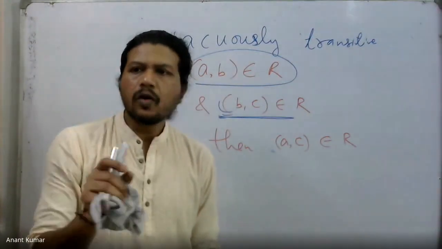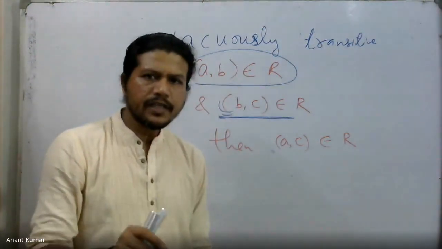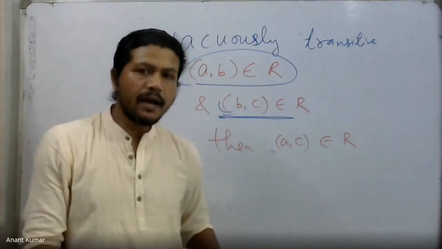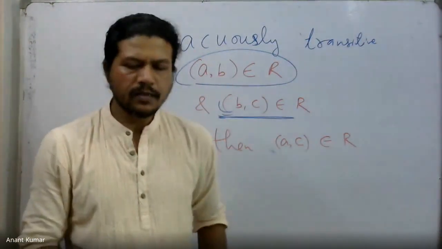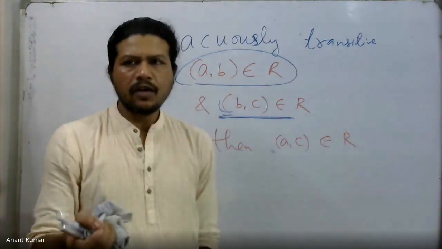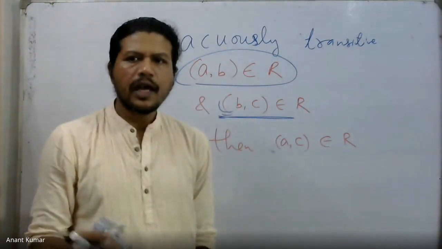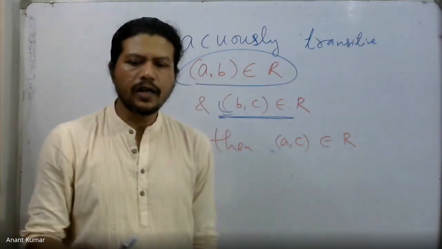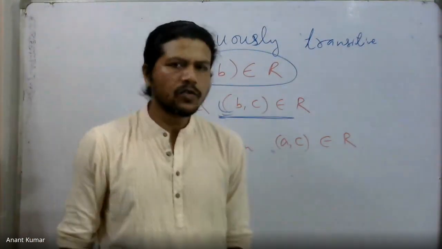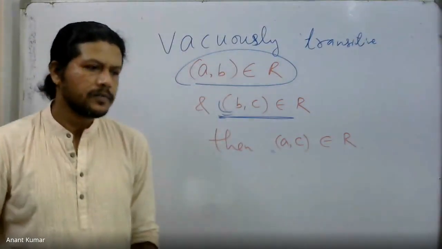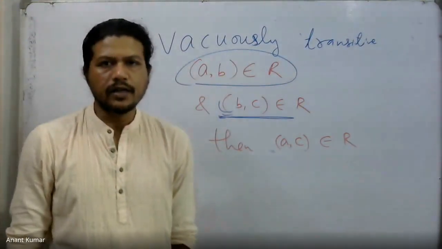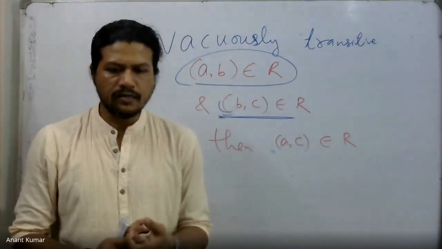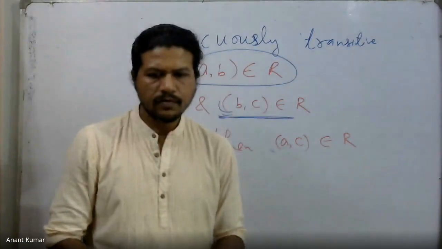When it is not going to be transitive is when AB is there and BC is there, but AC is not there. That is the point. It may happen that A and B are identical, that is a possibility. But if A comma B belongs to the relation and B comma C also belongs to the relation, but A comma C is not there, only in that case it is not a transitive relation. We know when it is not transitive. In every other case, it is transitive.